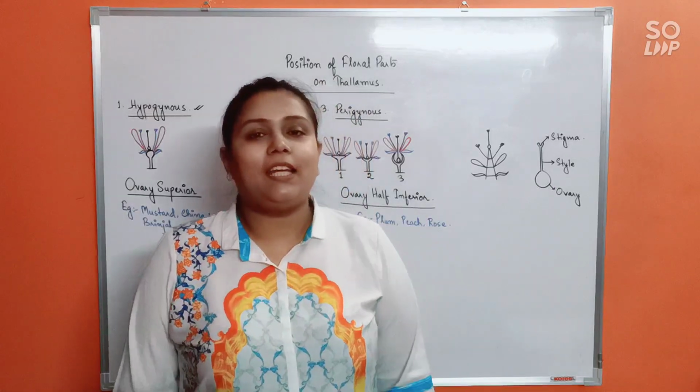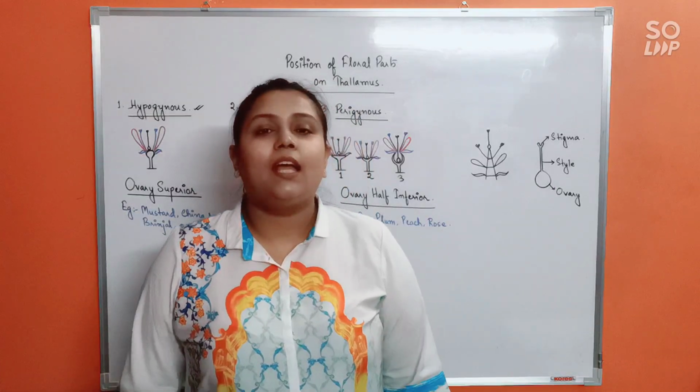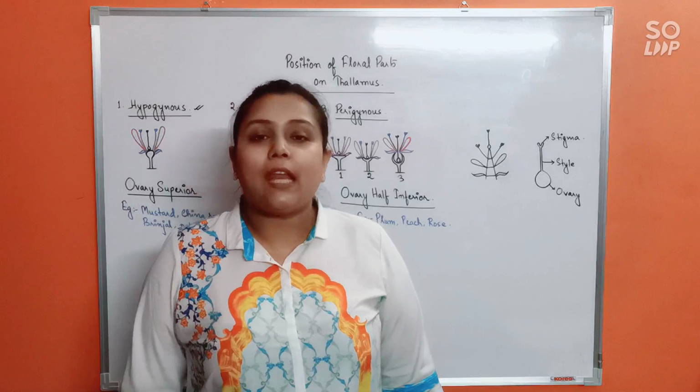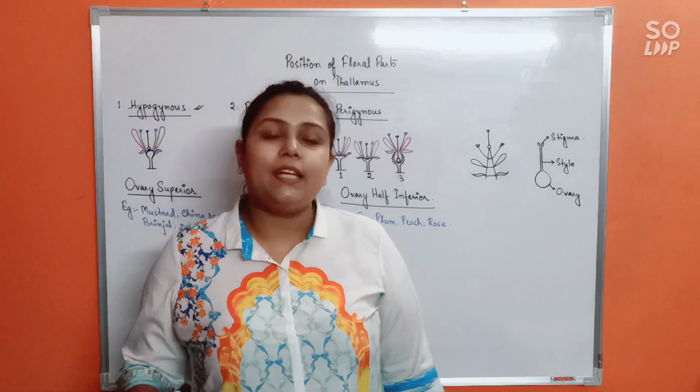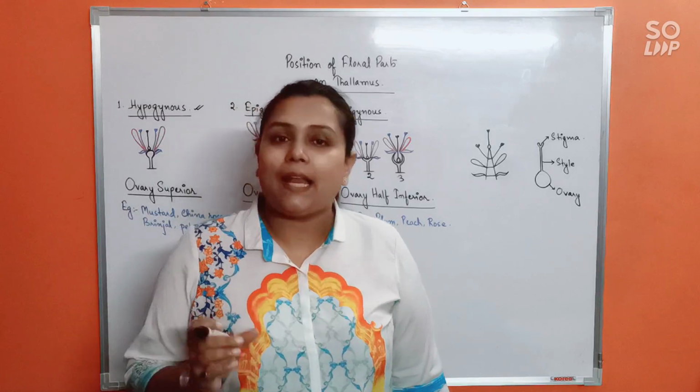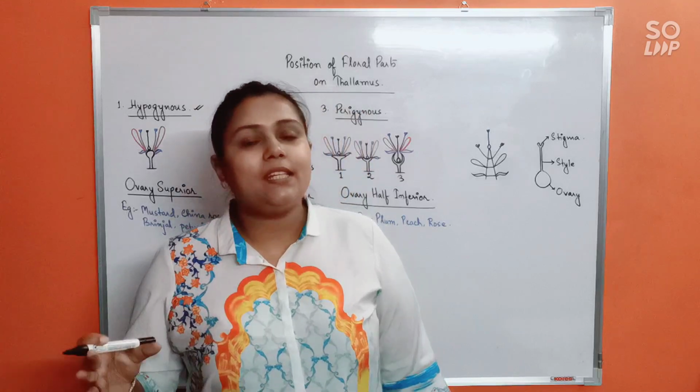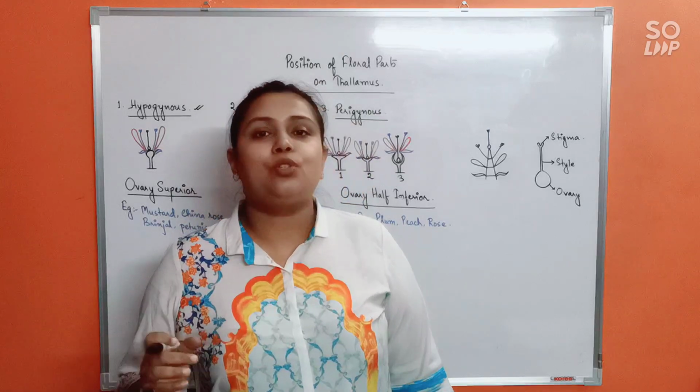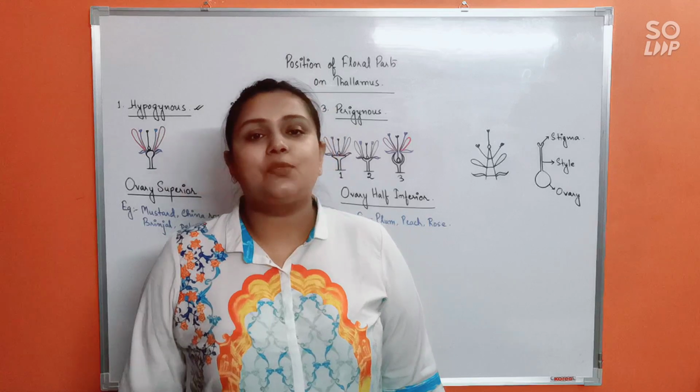So that much regarding our discussion in today's class. In the next class, we'll start to elaborate each part of the flower in detail. Means we'll be discussing calyx in detail, corolla in detail, androecium and gynoecium in detail. So next class, we'll start with